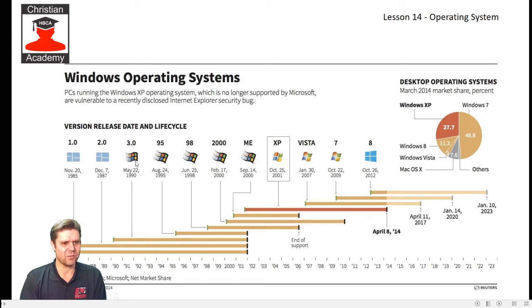Windows 3.1 was in the 1990s, and then 95 was in 95, 98 was in 98, 2000 was in 2000, ME was in 2000, and then XP, Vista, 7, 8, and then obviously 10. So you can see it's been quite a number of years of development of operating systems, and for us to understand the operating system is critical.